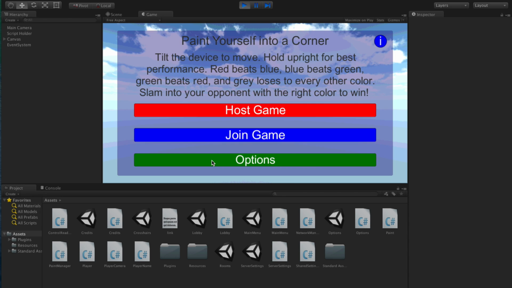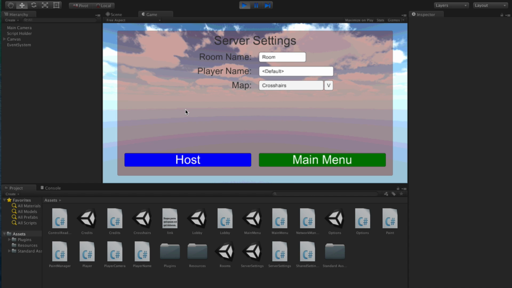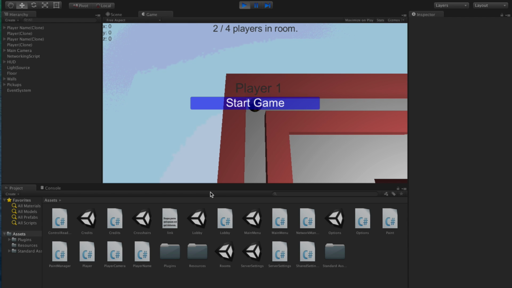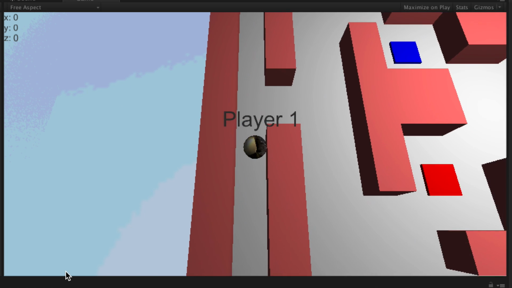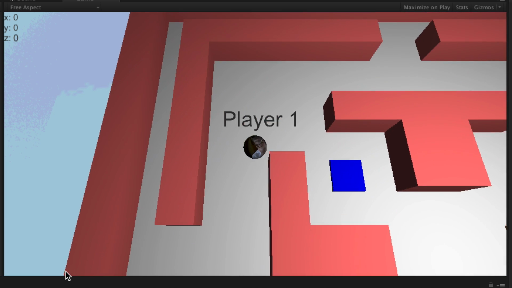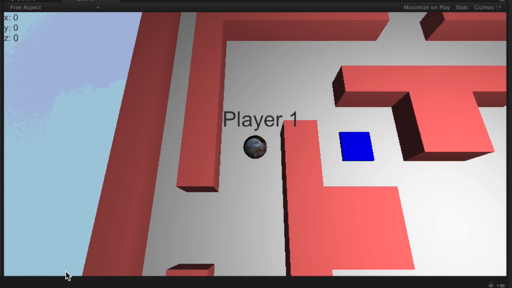So let's go back and let's start a game. Now off on the side, I have started an emulator for a Nexus 5 phone to have as a separate client so that I can show this. So I'll start the game here. And maybe difficult to tell with the lighting, but you should be able to see my face going,